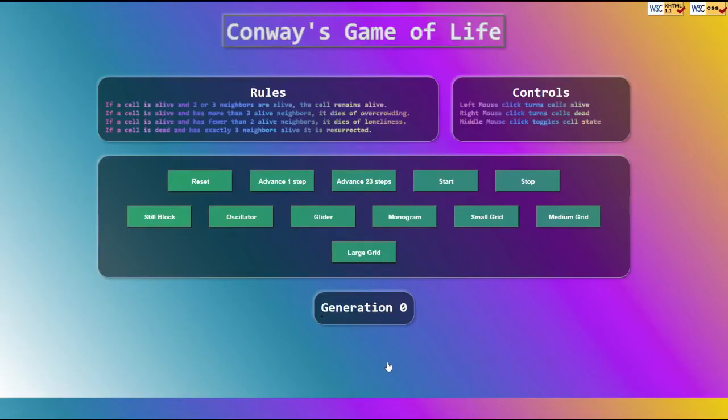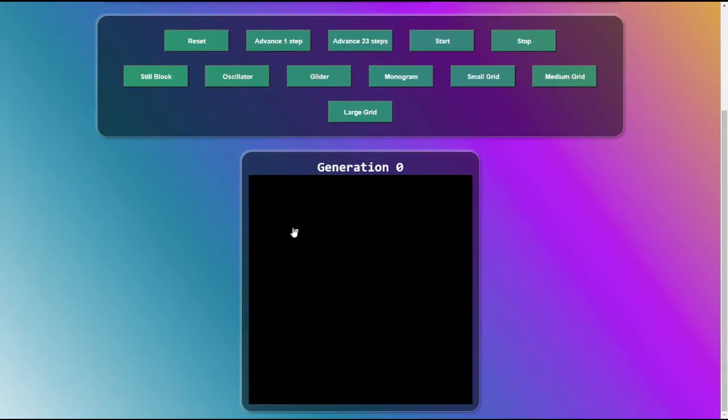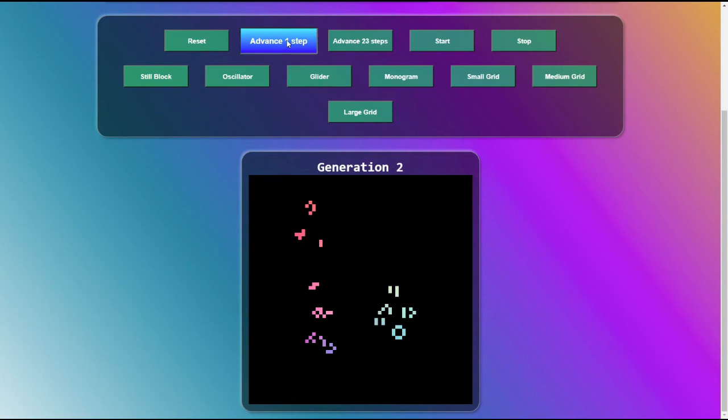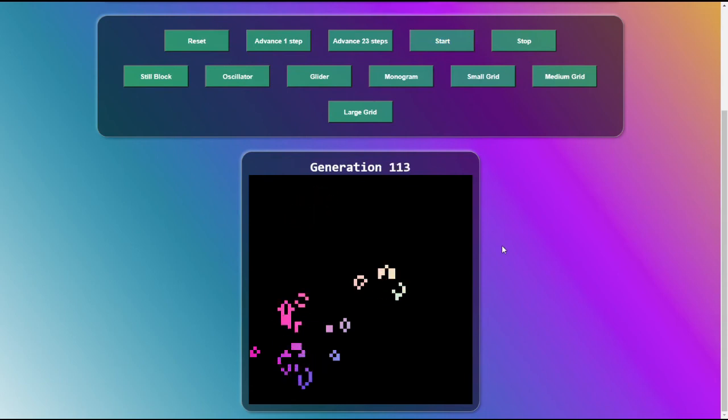It's password1. So here we can see our Conway's Game of Life showing the 4 rules, our controls, left, right, and middle mouse click, and our game board. Let's go ahead and just draw some squiggles on here just so we can kind of get something going. And we can advance 1 step and we'll see how this plays out. Or we can just go ahead and turn on animation. And we can see some nice,